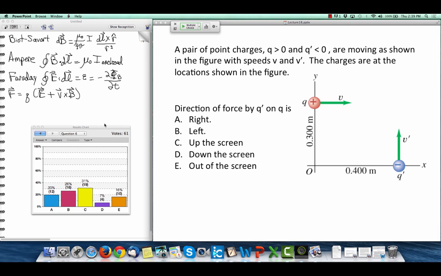So Q will feel the magnetic field that Q prime produces, if there is one, and if Q is moving, and it is. So Q prime is moving up the screen, but it's negatively charged. So that's like a current moving down the screen. A current moving down the screen by right-hand rule, thumb pointing down the screen. The magnetic field circles around so that it's